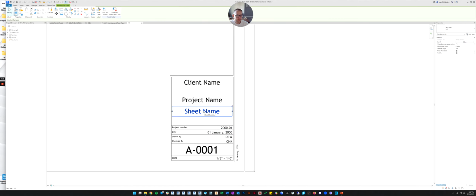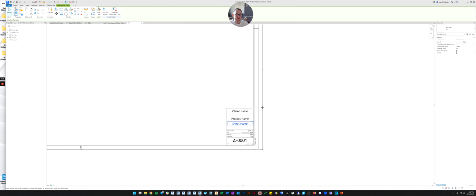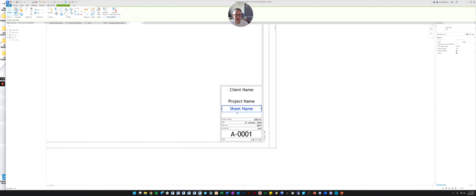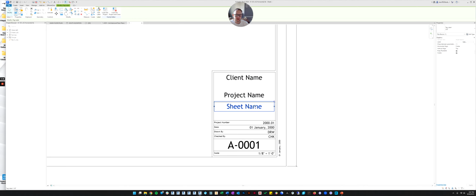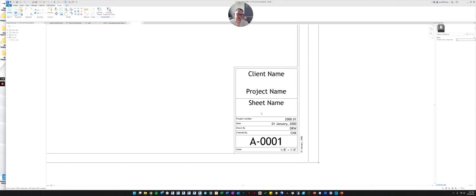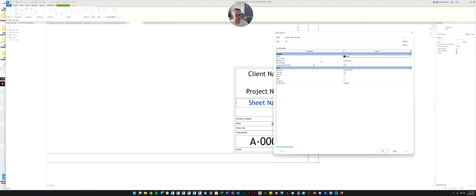So we're going to click here, and this is what's called a label. We're not going to get into labels because it becomes pretty advanced, but what a label does is it reads information from your project and displays it in the title block. That really doesn't matter much to you. All you need to know is if you click on the label, you can edit its properties. Just like most things in Revit, it's got properties, and if you hit the edit type properties,